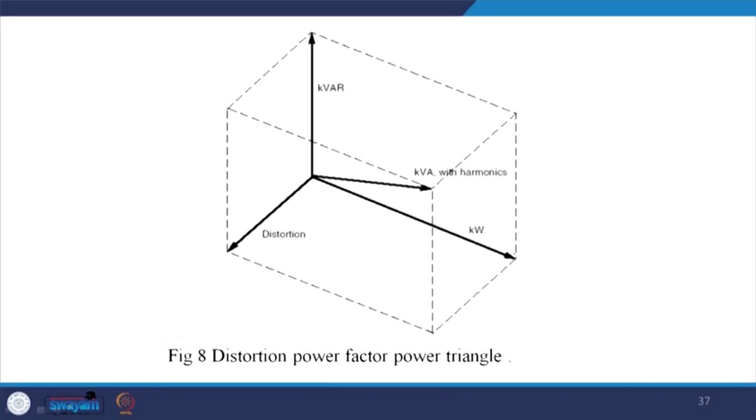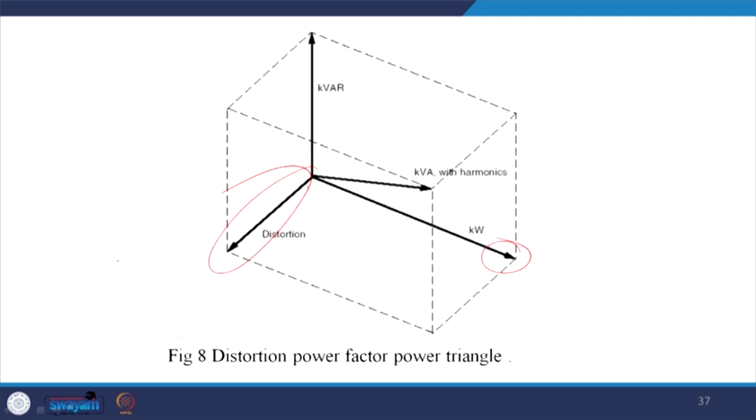This is the kilowatt and this is the kVAR, and then if there is no harmonic, ultimately you can take the resultant, that is your kilovolt ampere, apparent current, but there is a harmonic distortion,